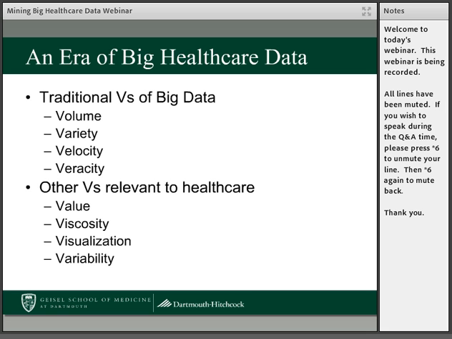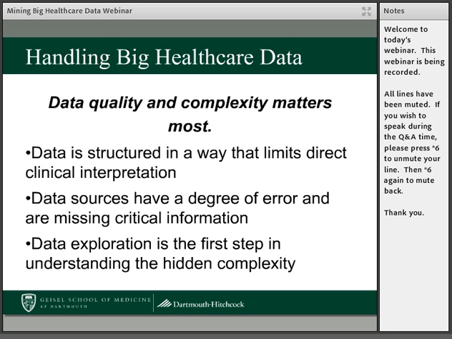The data is not all of the same quality, and there are other factors that go into how the data is being collected. And as many of you know, some of the big changes occurring in the healthcare system, like switching from ICD-9 to ICD-10, create all sorts of issues in terms of how we look over that time period with this information. So we have lots of challenges when we think about the data we're collecting, and we really need strong data science approaches to be able to deal with these issues.